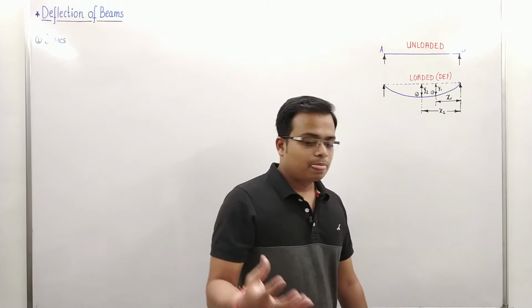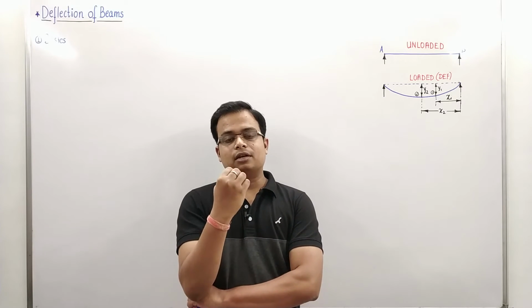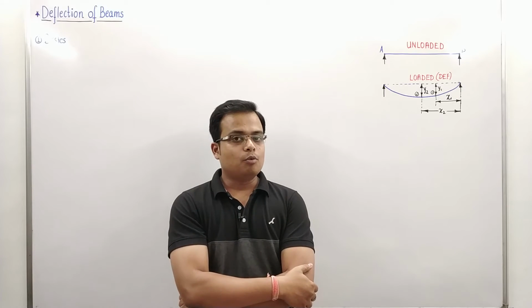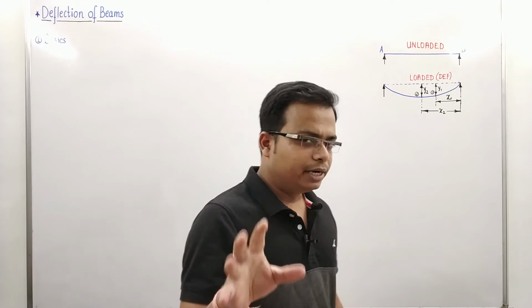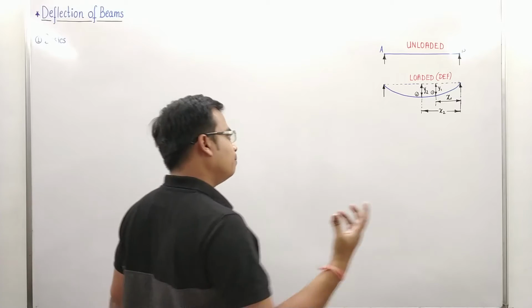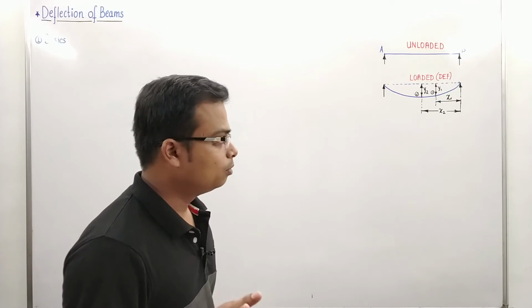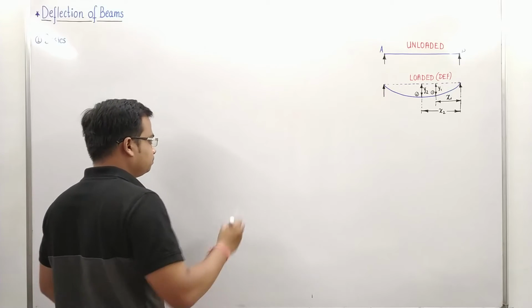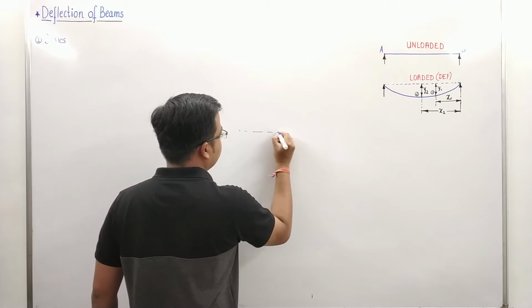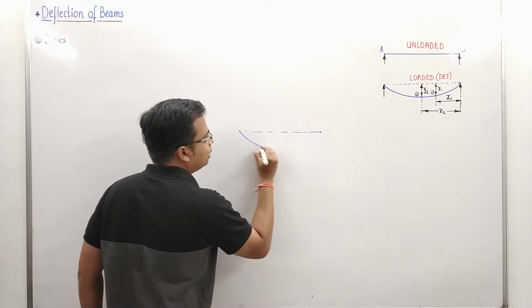Anyway, now we shall try to develop or devise a relationship between slope and deflection and all that stuff. You'll get to know what slope is, what is deflection. By now you know what is deflection, and I shall also let you know what is slope. Okay, just try to take this. So this was the initial position, isn't it? And that's the final position,